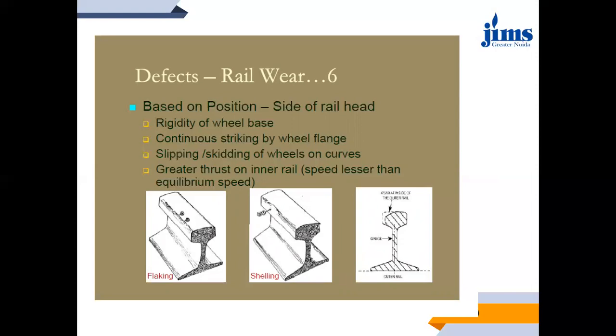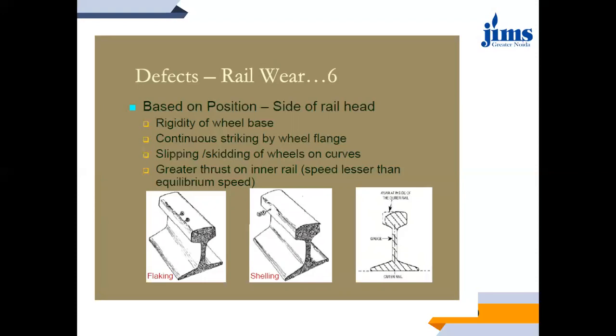Okay, so basically the side of the rail section is mostly affected by the wheel flange itself, and this particular wheel flange will be striking the side of the rail section mostly at the curve section or whenever the super elevation is provided anywhere on the rail track. Apart from this, it will also arise in the points and crossing. Okay.